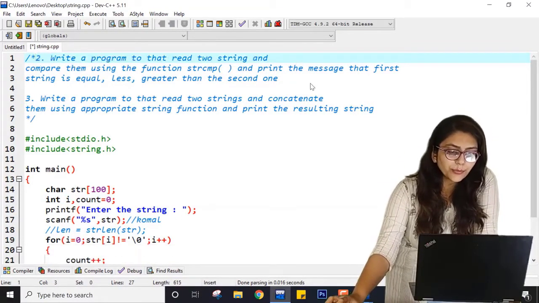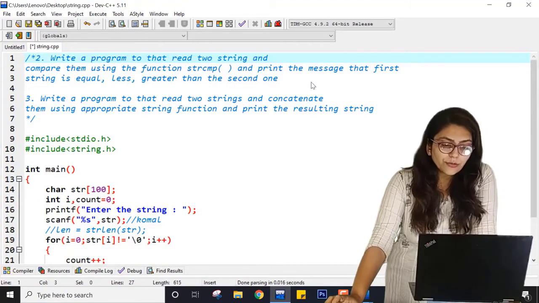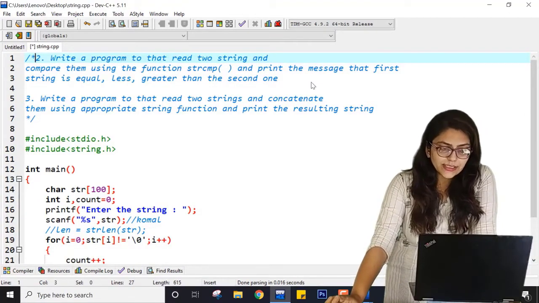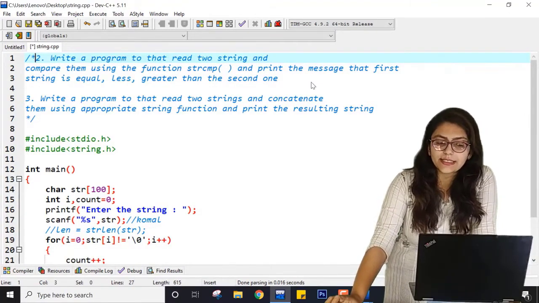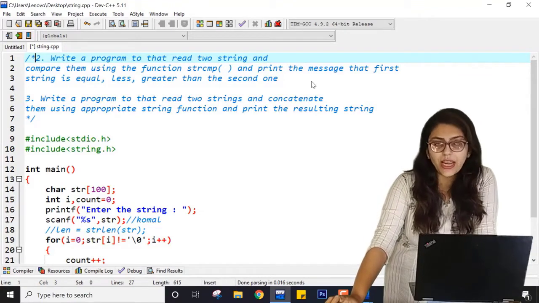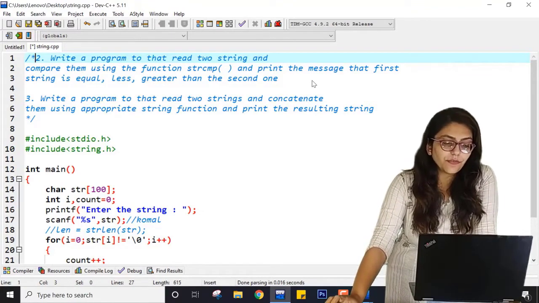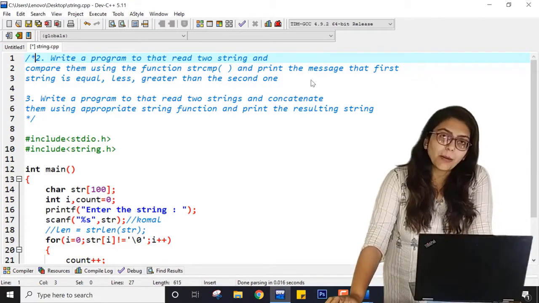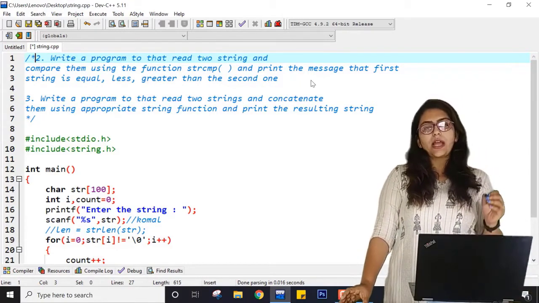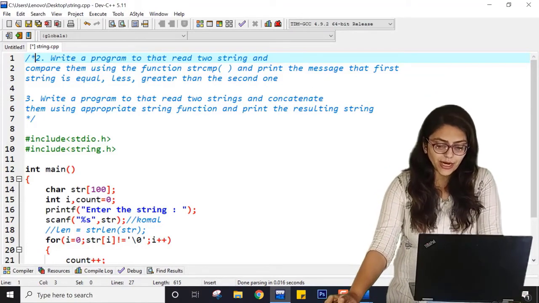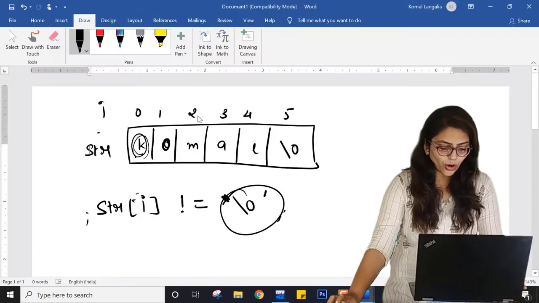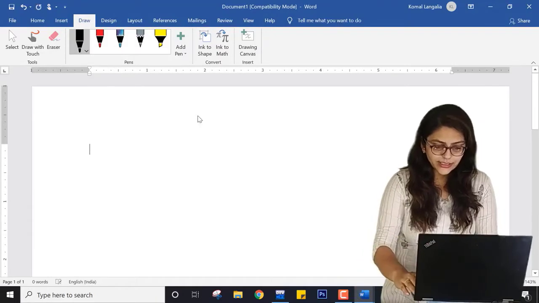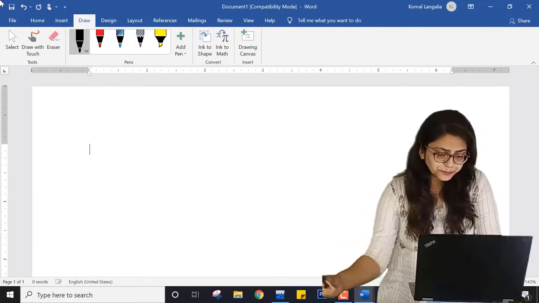The second practical is to write a program that reads two strings and compares them using the function strcmp. We have already done this, but we have not printed the message that the first string is equal to, less than or greater than the second one. While comparing strings, I have told you that whenever two strings are being compared, so let me open my whiteboard and erase everything and explain it.